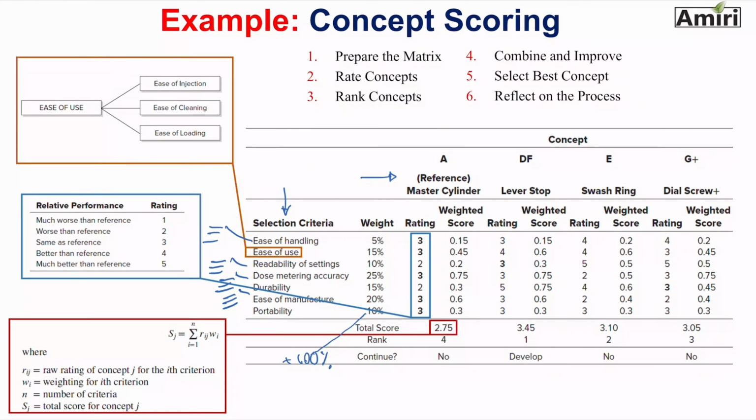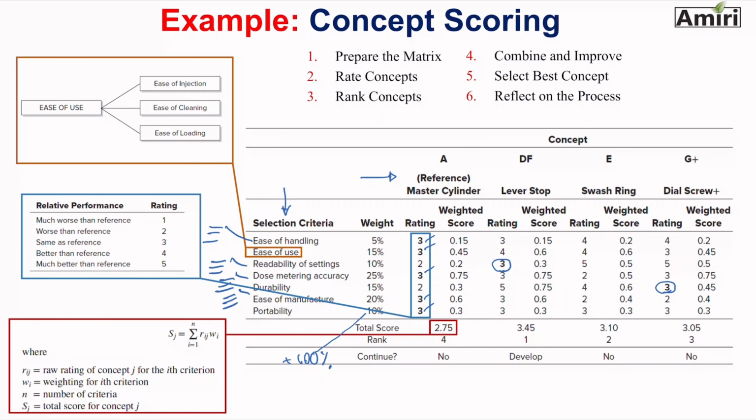When it comes to rating the concepts, the rates are a little bit more defined. It's still a qualitative rating: much worse, same as, better than, and much better than. So concept A was a reference, so all of the scores are 3 except 2 of them. In those 2 criteria, readability of the setting, concept DF was a reference, and in durability, concept G plus was